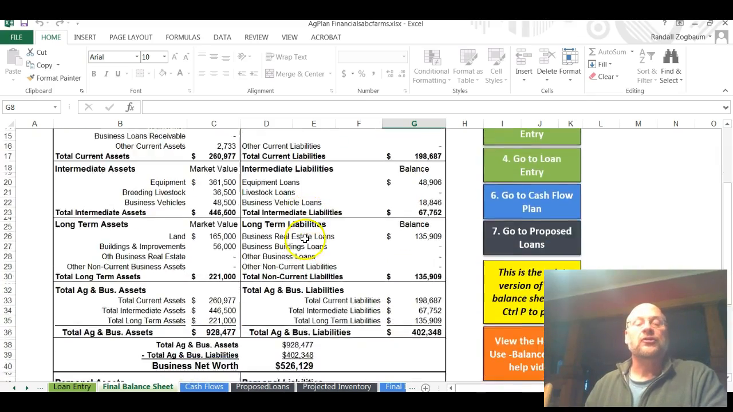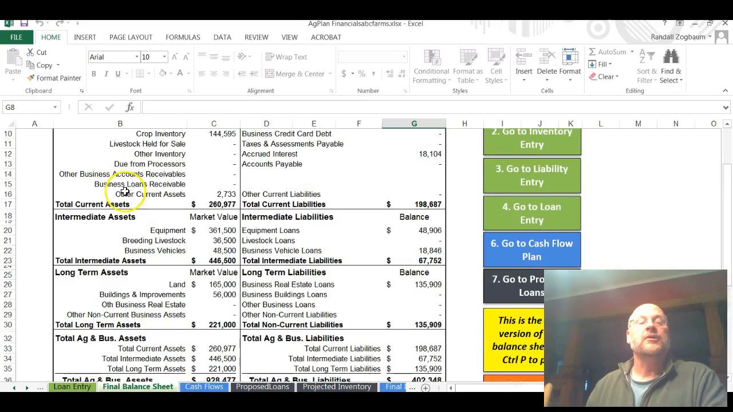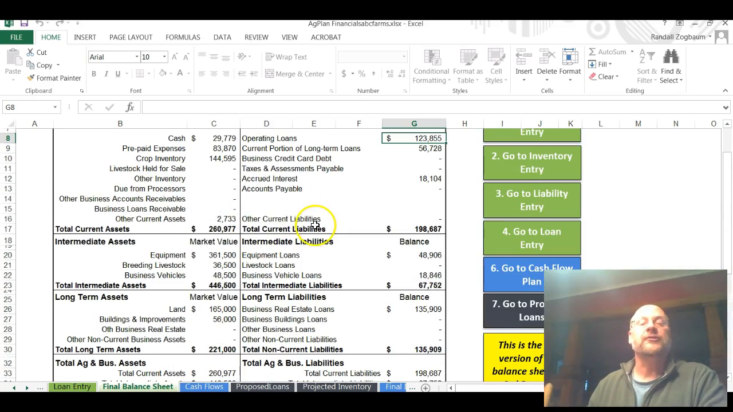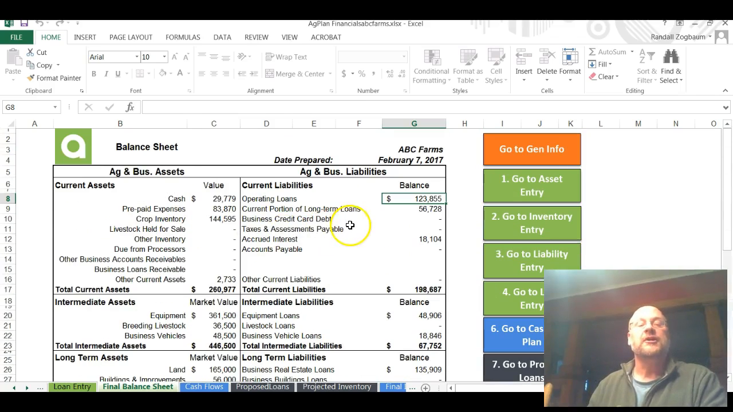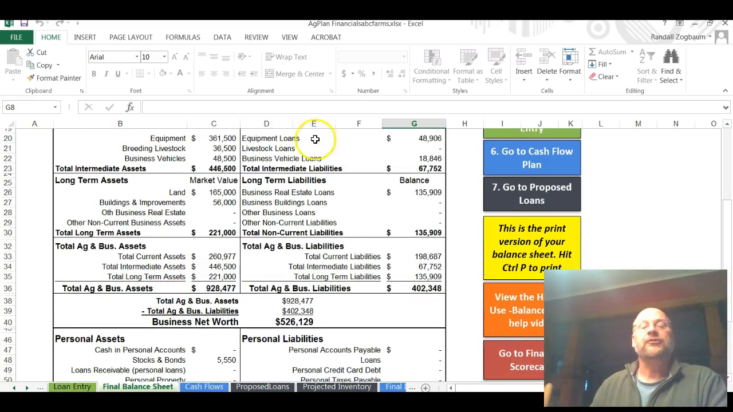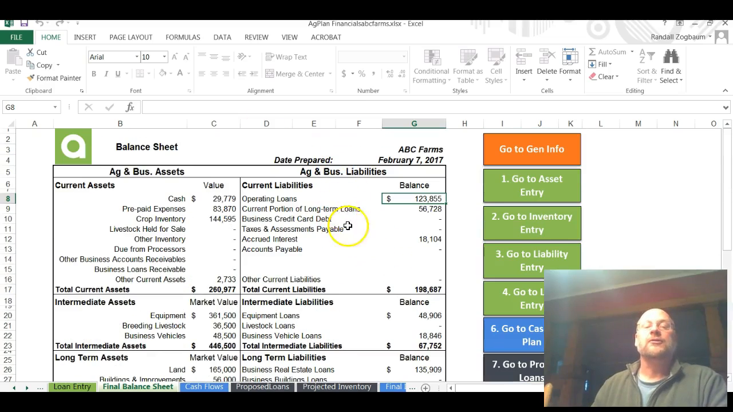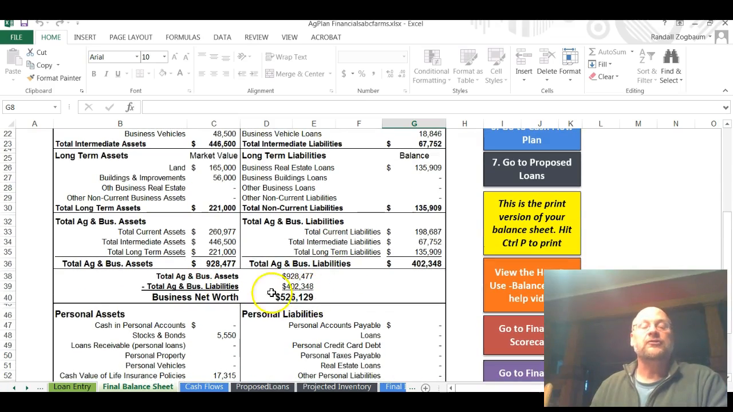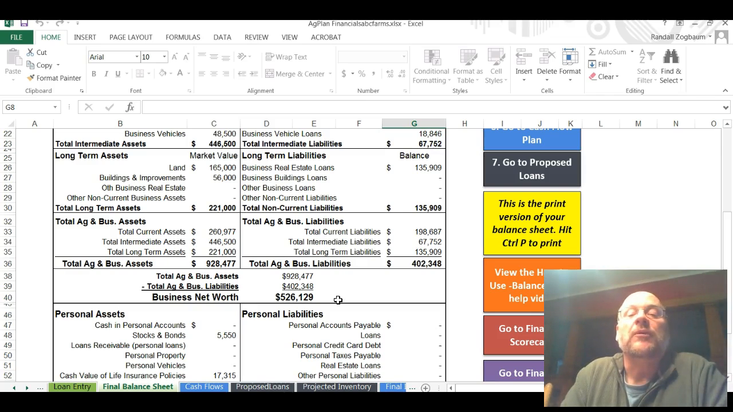which gives us the total net worth of the farm. So in this, we looked at both the personal and the business liabilities. So if you just chose the business liabilities, this side would be all you would see. You have all your total business assets on one side and the total business liabilities on the other side, and that gives you total business net worth of this farm with the data I entered anyway of